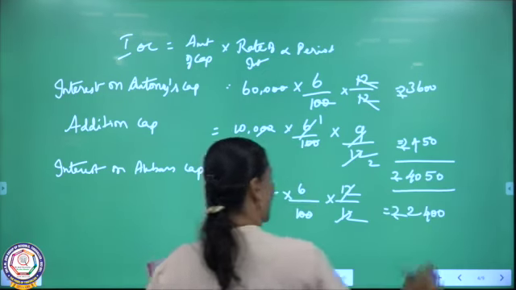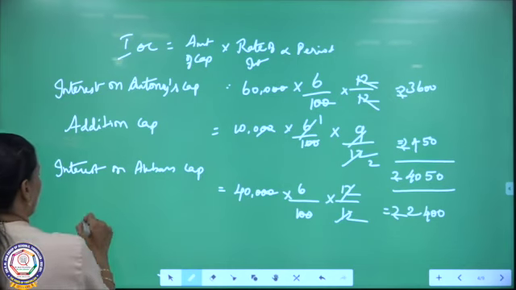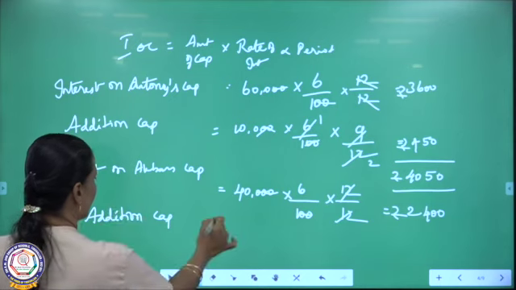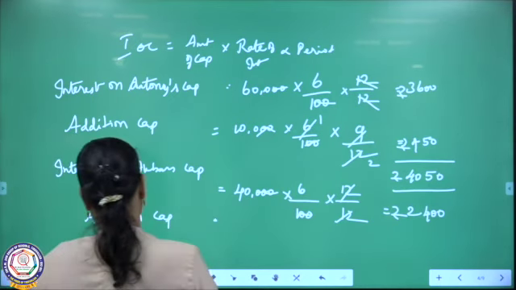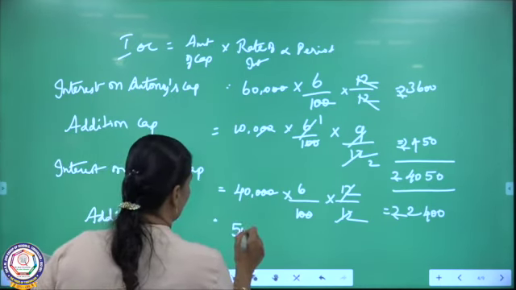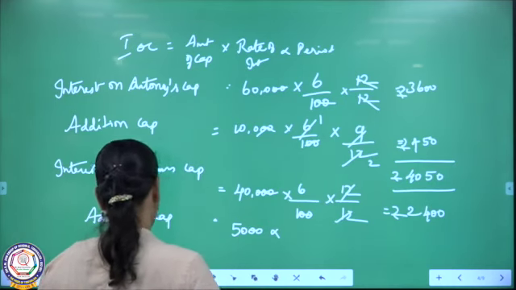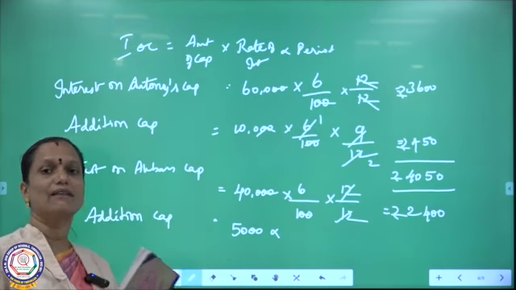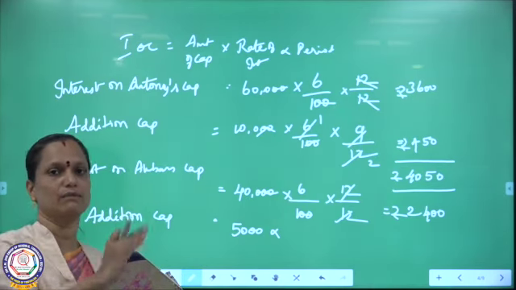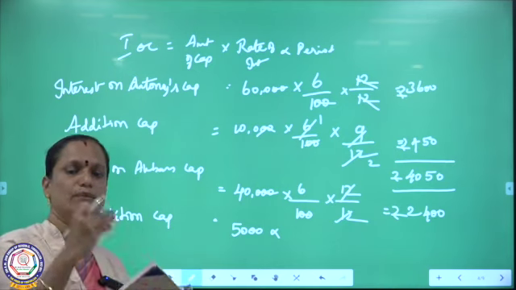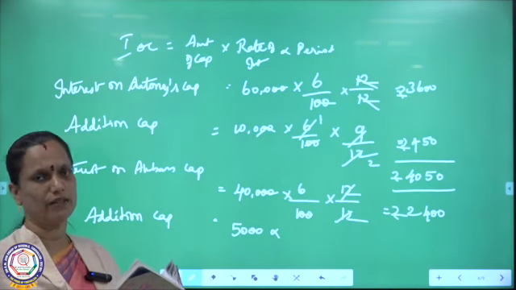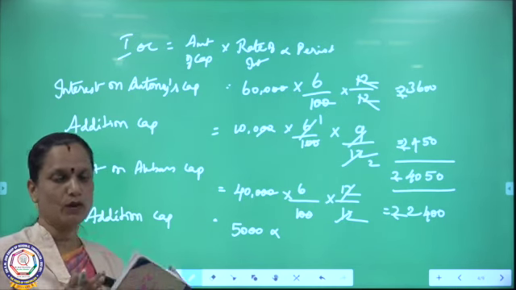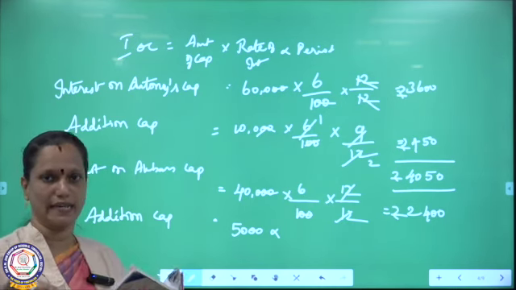2,400 rupees. Okay. And then next, additional capital. How much additional capital did he introduce? So, 5,000 only he introduced, and then for how many months? During the year they have given. If they have given during the year, in the sense any time, whether the first month itself or in between, or the last month he introduced, if they did not mention anything, you have to take it as the middle. Okay, 6 months we have to take into account.